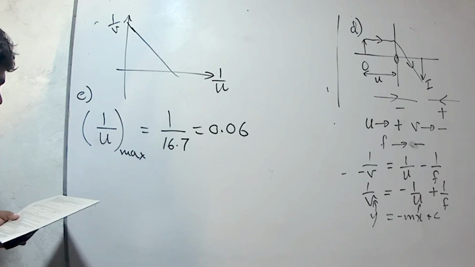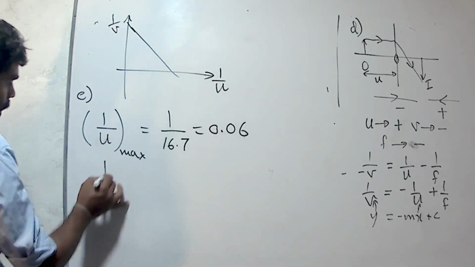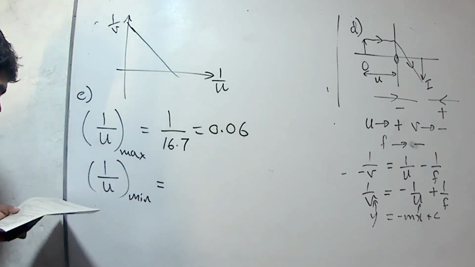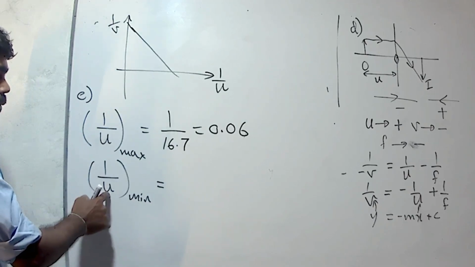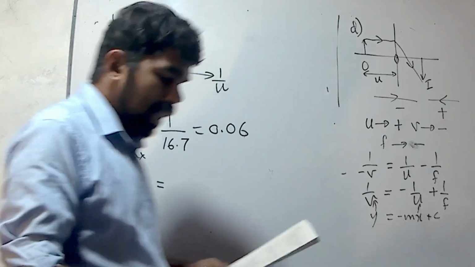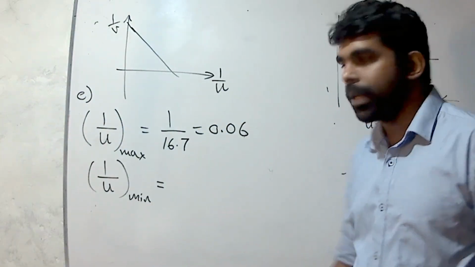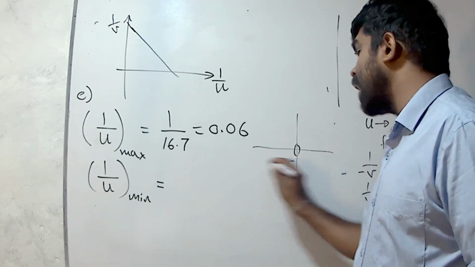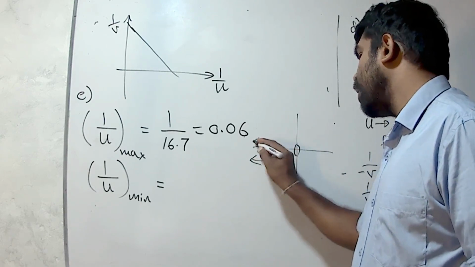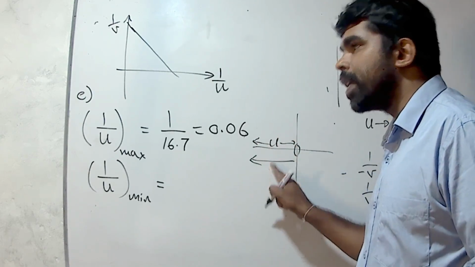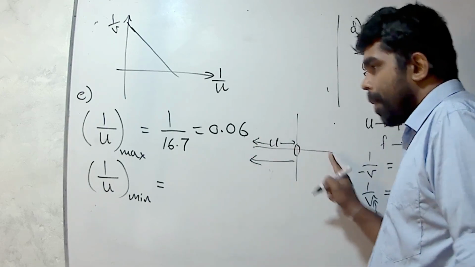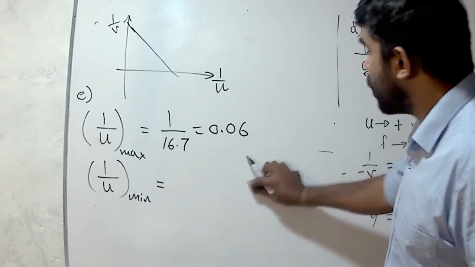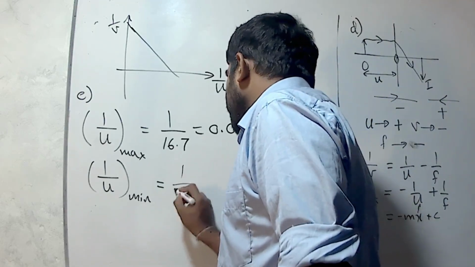Then for the minimum 1 over U value, 1 over U minimum should be the maximum value of U. They have given that the length of the laboratory table is 200 centimeters. We have to place the lens at the midpoint of the laboratory table and we can get maximum U value 100 centimeters, because the total distance of the laboratory table is 200. Maximum U value 100, then minimum 1 over U value